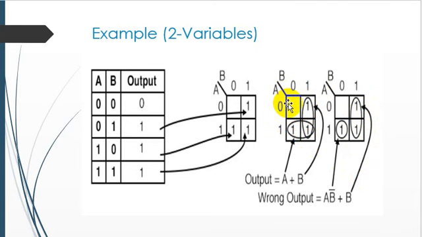We choose those input variables which are not going to be changed throughout the pair. So let's consider the first pair, that is the vertical pair. In this pair you can again see that A is going to be changed from 0 to 1, but B still remains unchanged throughout that column, and it is 1. And you can see that we just write down B here.